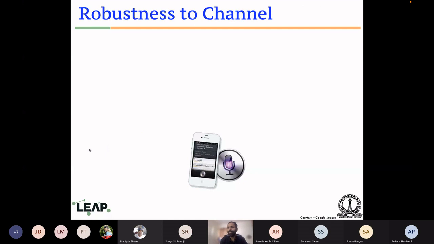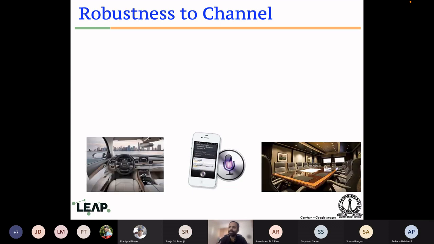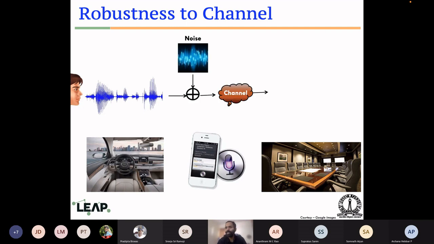Right? Now on top of this, we will be taking the audio in multiple different environments. For example, you want to use your speech recognition engine in a car, on your cell phone. When you are in a meeting, you want to do speech recognition on the meeting set. So what commonly happens is when the speech signal comes, there is some background noise, and there is also some channel. What do we mean by channel? Channel is everything that comes between your mouth and the microphone. So all these effects come into play, and these tend to corrupt the audio,